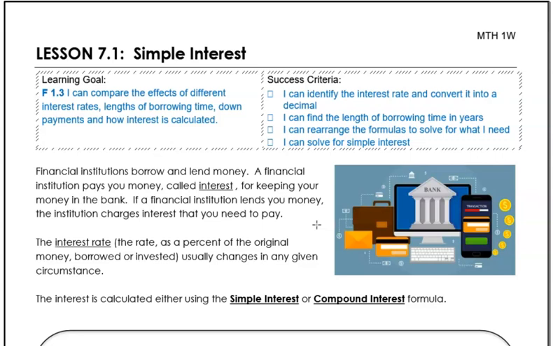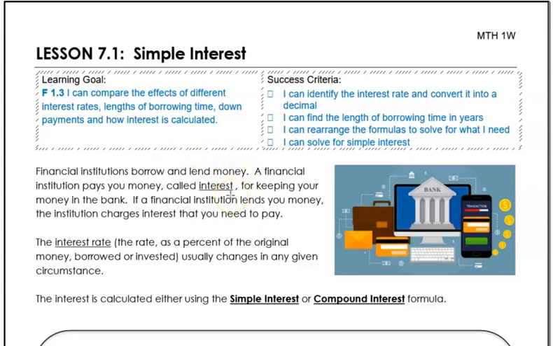Okay. Now, the money doesn't just sit in the bank. What they do is they take your money and they grow that money for themselves. But whenever you need your original amount of money back, they're more than happy to give that to you. But they've been making money off of your money while you've been away. Okay. So that amount of money that they're giving you as a little bit of reward, thank you very much for giving us your $100. Here's $1 or $2. That $1 or $2 again is called interest and it's in a dollar form.